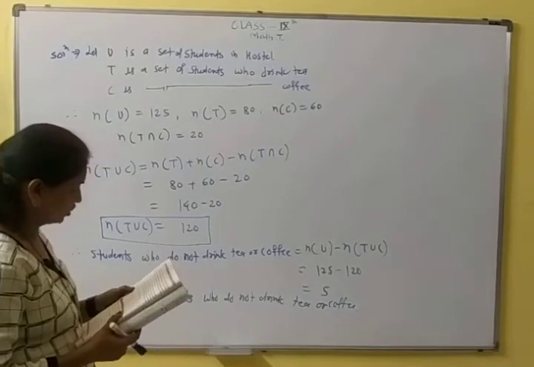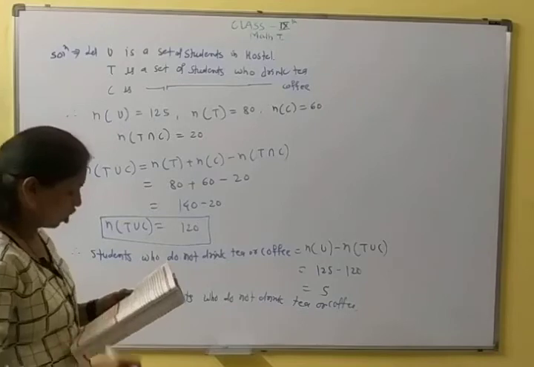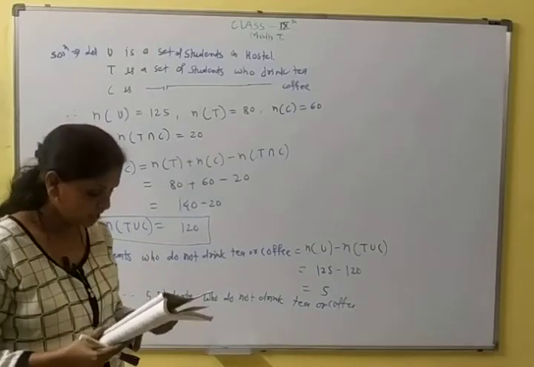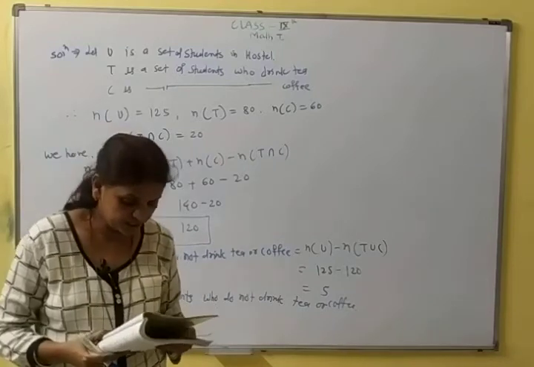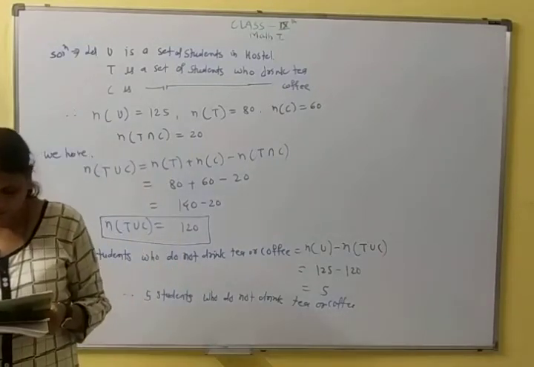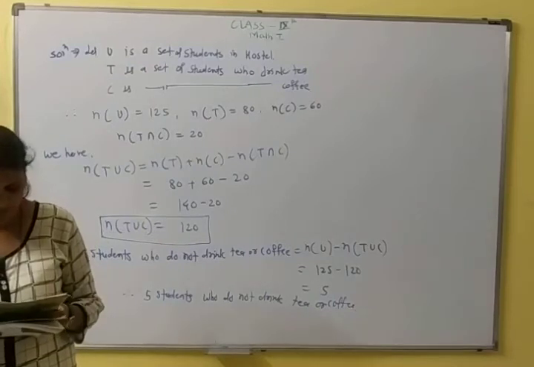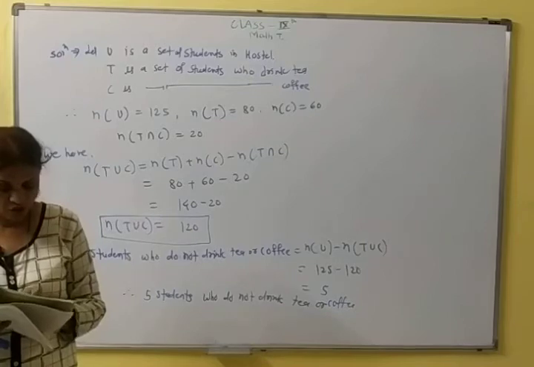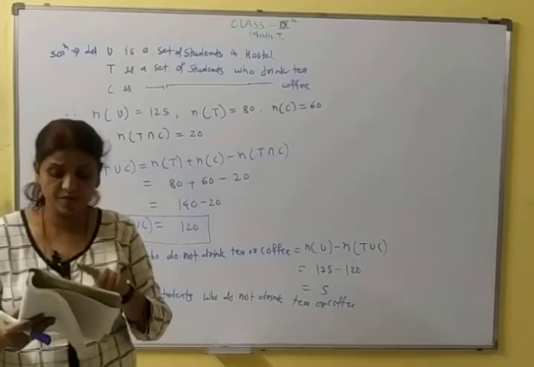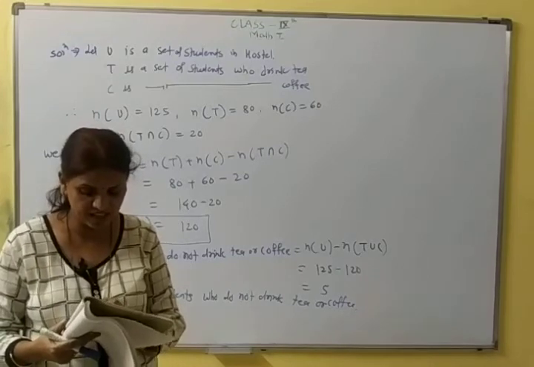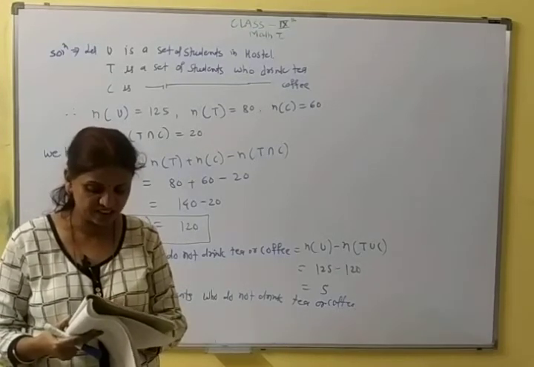Then question number 3, 4 reduced. Question number 5. Observe the given Venn diagram and write the following sets. Elements of set A: x, y, z, m, n. Elements of set B: p, q, r, m, n. A intersection B means common elements, that is m, n. U means all, the universal set, big set. So write all the elements in universal set: x, y, z, m, n, p, q, r and s, t.